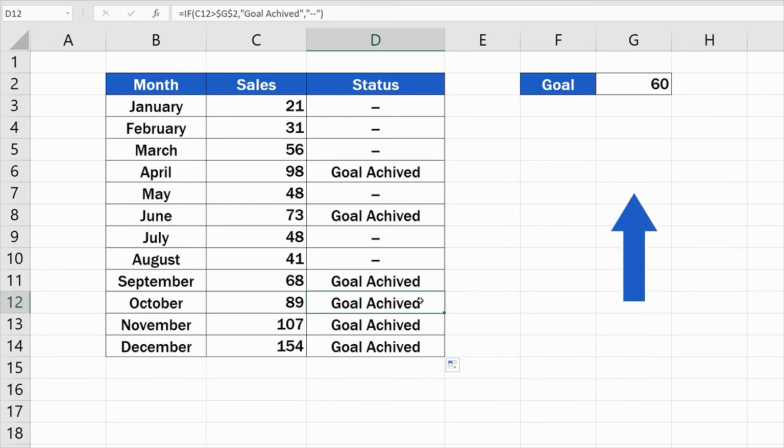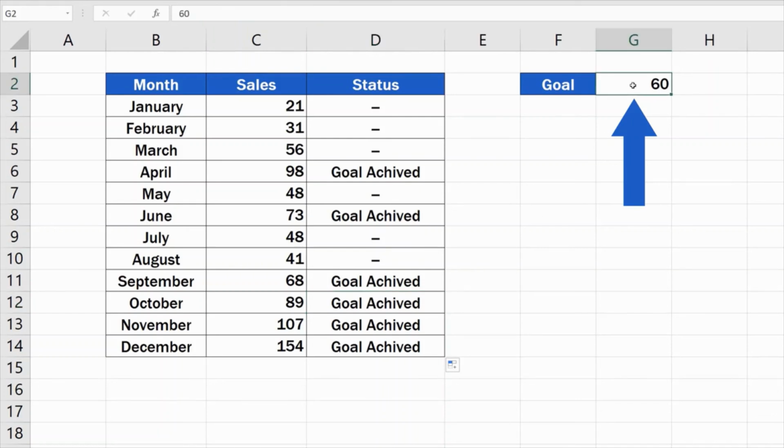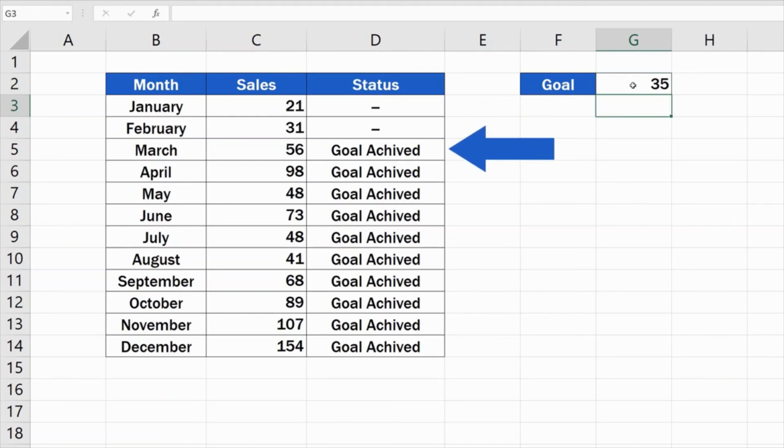Remember, the IF function is dynamic, which means you don't need to update the formula if you change the value of the goal in cell G2. The results in column D will be